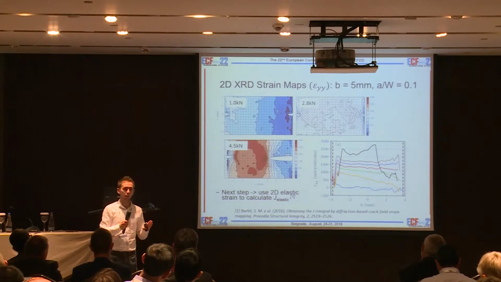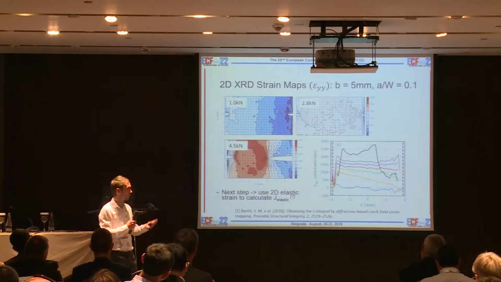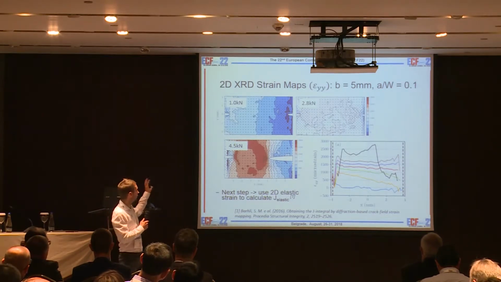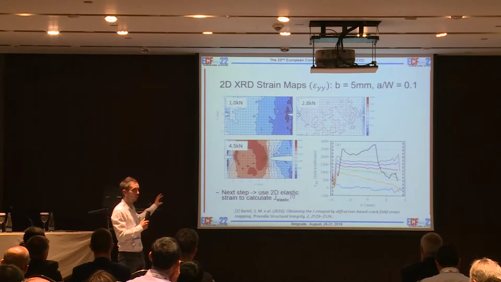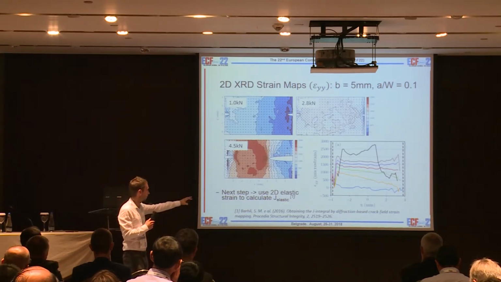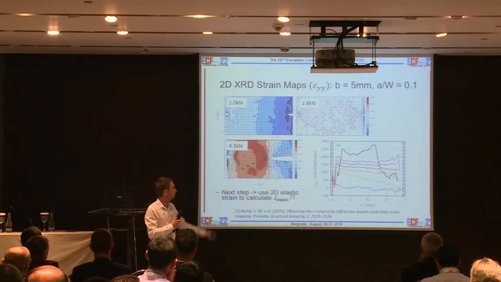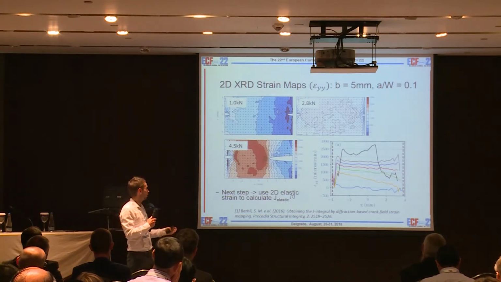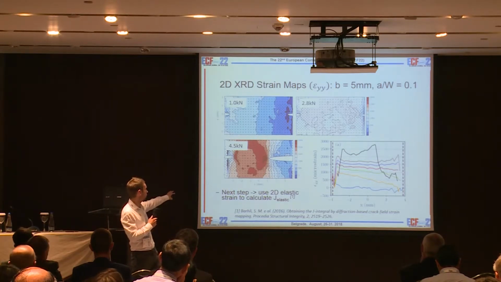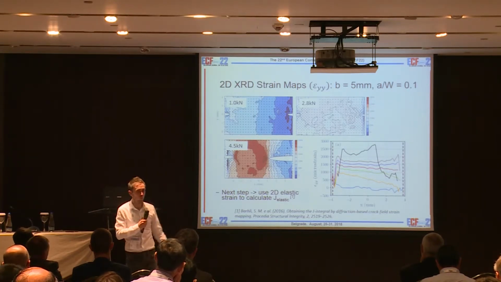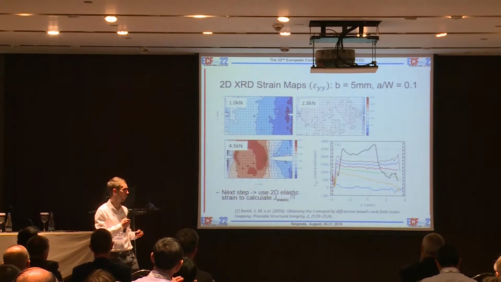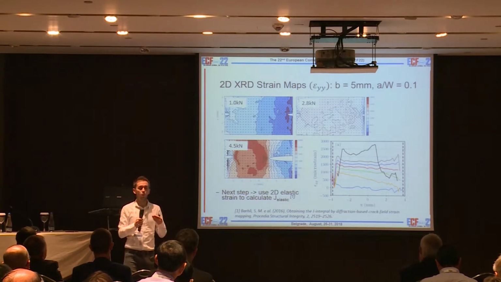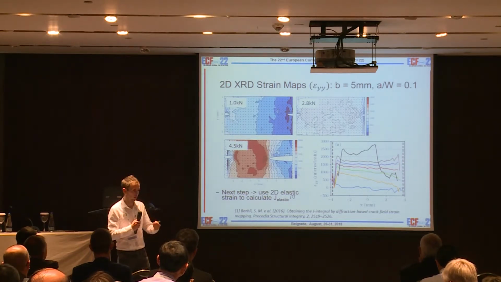And so in terms of the elastic strain work, this is really the point that we're at the moment. So we have up here the 2D strain as a function of applied load, and on the right hand side there are 1D profiles taken through in line with the notch. And what you can see in the bottom left 2D map is that we have crack extension there, because that was just prior to fracture. And really, this has been building up to the final step, which is happening right now, really,